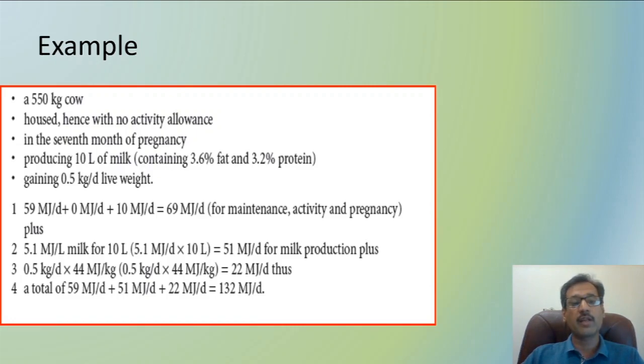A 550 kg animal, 7 months of pregnancy, 10 liter milk production with 3.6% butter fat. Do not take the value from the table as such, rather you will have to do the calculation as I have mentioned in this practical, and after completing the calculation, you will compare it by taking the direct value from the table. So this is your take home question, and you will have to perform this exercise in your practical notebook.